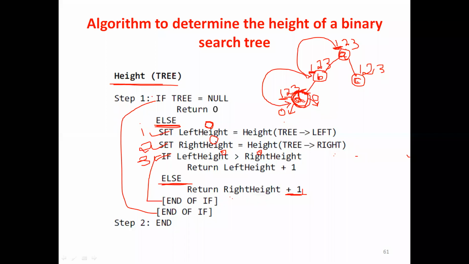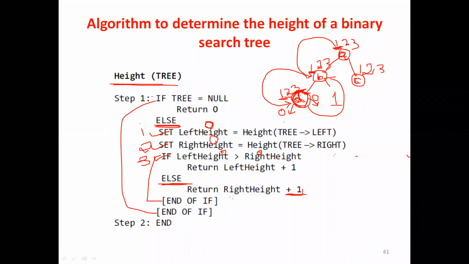Who called this function? After the execution of the third step, what is it returning? 0 plus 1. It is 1. 1 is returned. We are returning from there, going backward. So it's returning the value 1. Where will this 1 be stored? That's what I want to know. That's what I asked earlier.